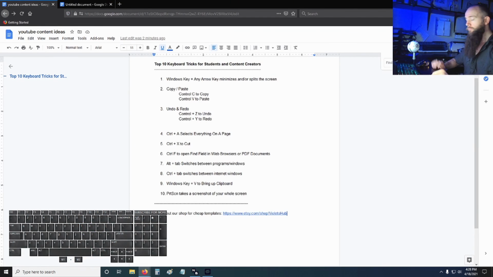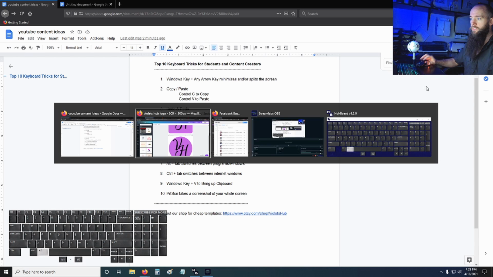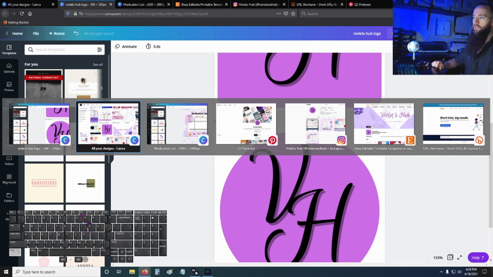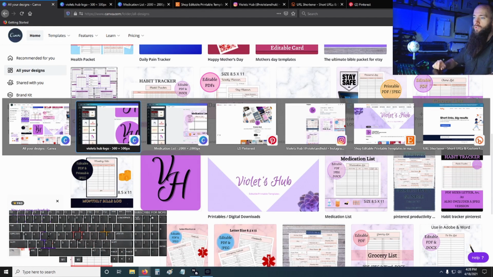There it is. Now if you're in a web page, so let's say I'll go back to the web page. If you're in the web page and you hit Control Tab, it's going to go through every web page that you have on there, lines them all up for you. I'm holding the Control button down. You can see on the little keyboard at the bottom. So I'm holding the Control button down, you can tab through all of your